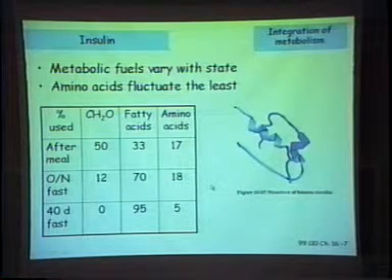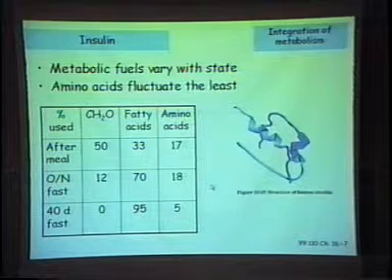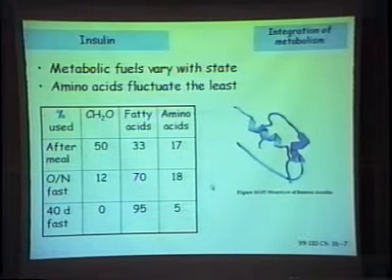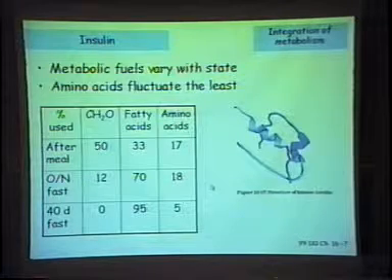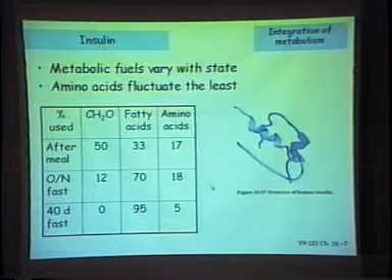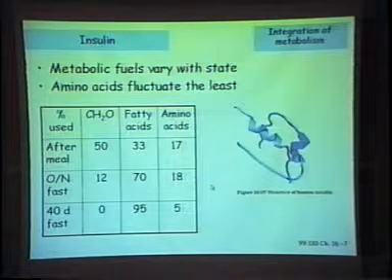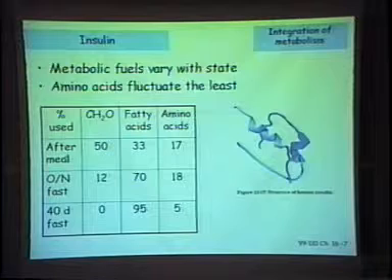The body has to be able to budget its energy. If we don't budget right, we get into trouble with the bank. Body doesn't budget right, you drop dead. A little more important. And so the body has worked out mechanisms to use the most appropriate fuel at the most appropriate time. So for instance, right after you've had a meal, say an hour or two after you've had a meal,